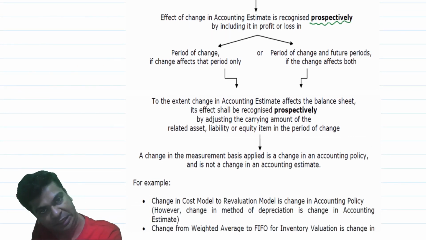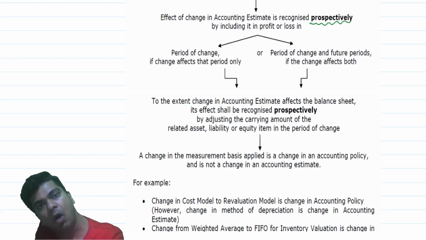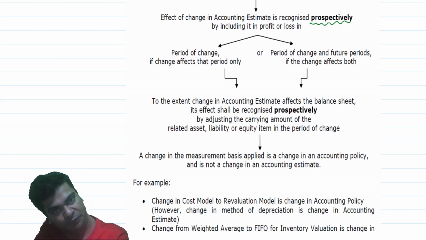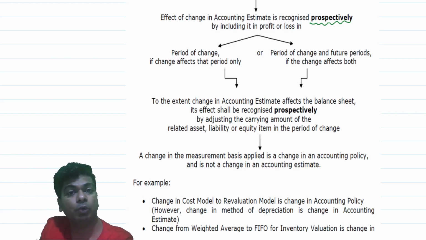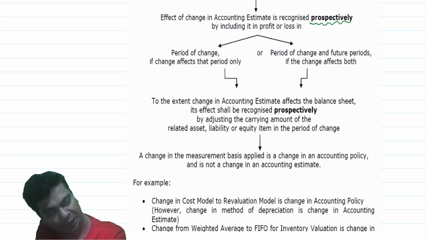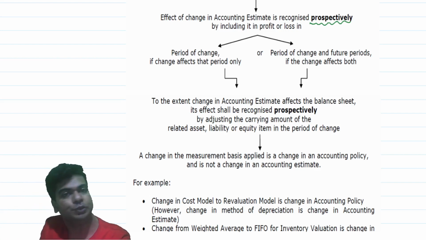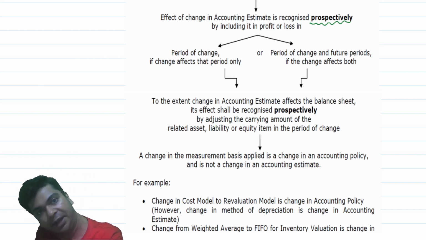Whenever you are making a change prospectively, either it will affect only the current year or it will affect the current year and future years. For example, you are recognizing a provision for the damages that you will have to pay. There is a pending lawsuit and that lawsuit judgment will be out in the current year anytime. We really do not know what will be the final amount of the damages, and hence I have estimated that. This estimation for the damages payable will affect only the current year.